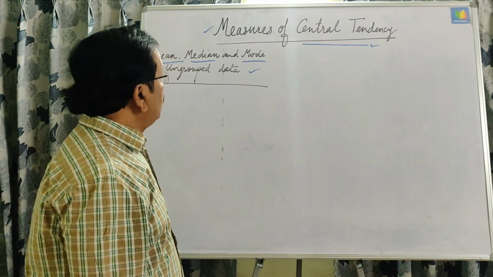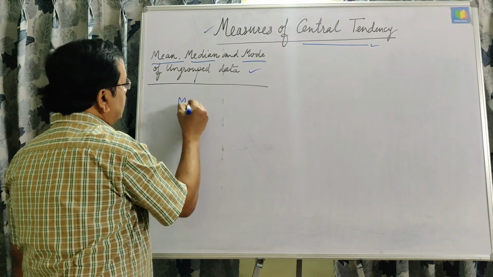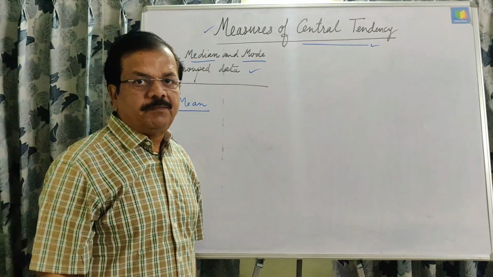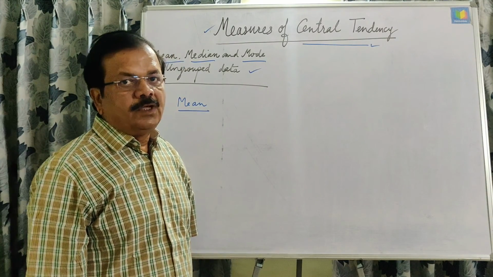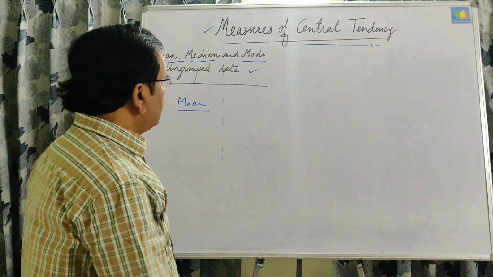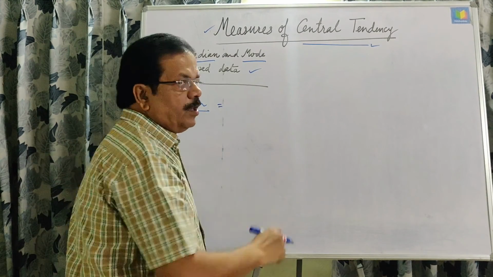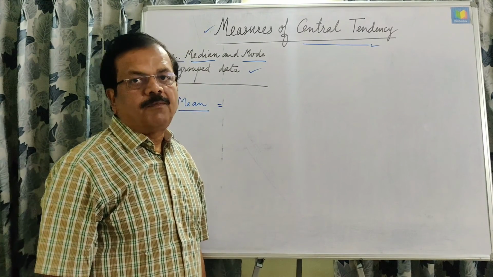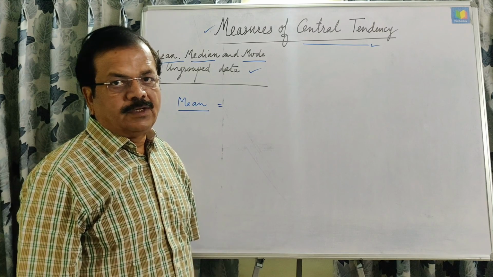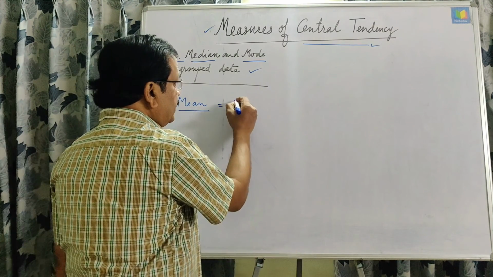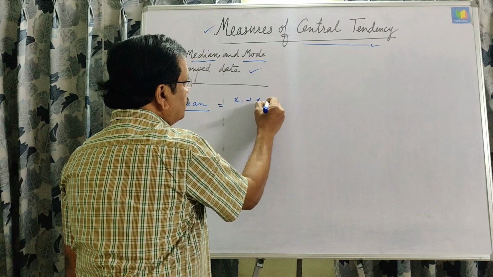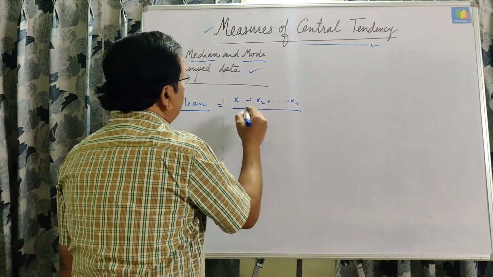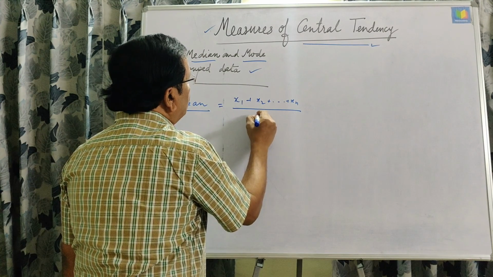Okay. Now, as we are concerned about mean, this is normally called arithmetic mean, and that you are studying from lower classes, and that is the sum of all observations upon the total number of observations, or the sum of all variates upon the total number of variates. Say the variates are x1, x2, right up to xn, upon the total number n.